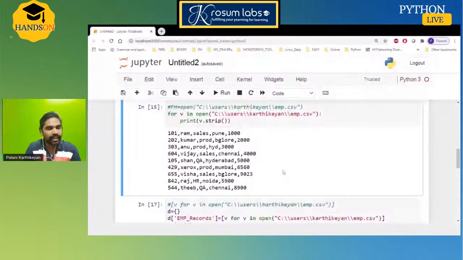So this is the way we can use file handling operations in an effective manner. To understand these sessions, like how to use file handling, there are simple ways. Using Pandas, we can do it. Using read_csv, we can do it.